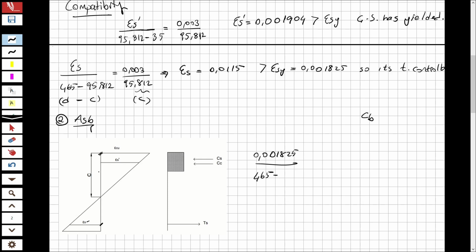I don't know what CB is. So then the yield point of the concrete over CB. This over this, and this over this. From this equation, I'm going to obtain CB